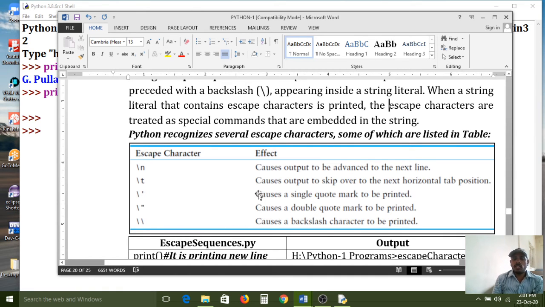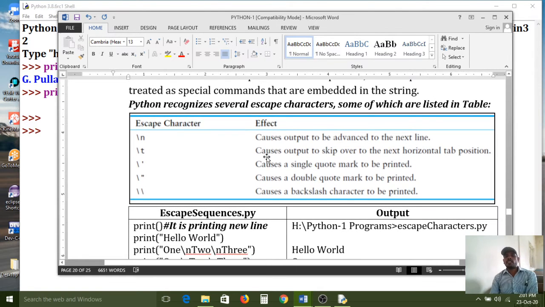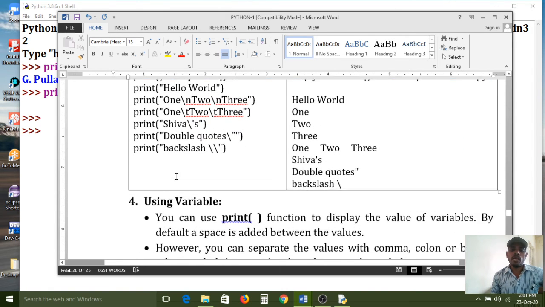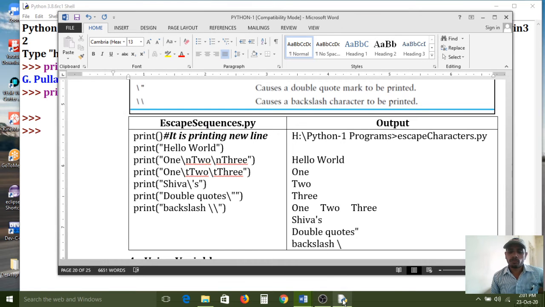These are very important constants that we can use along with the backslash character in our programming languages. Python recognizes several escape characters, some of which are listed in the table. So the programmatic way I will explain right now.